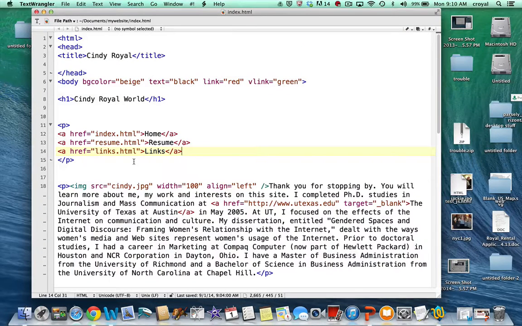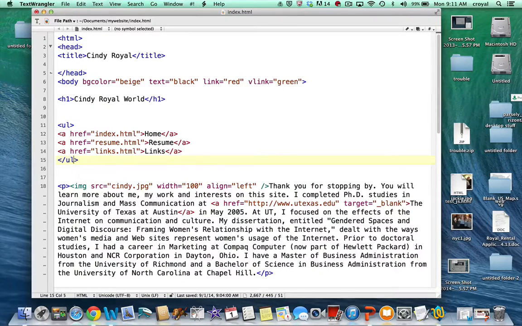I'm going to show you a technique that I'd like you to use for your navigation. If you put it in a list, the items will have bullets and they'll be on top of each other, but we're going to be able to change that for the next project when we do CSS. There's some very nice features in CSS that allow us to take control of the display of the navigation if we put it in a list. So the easiest way to do that is, instead of this being a paragraph, I'm going to make it an unordered list,